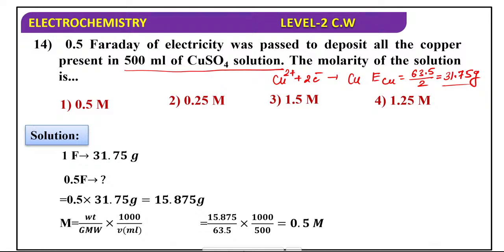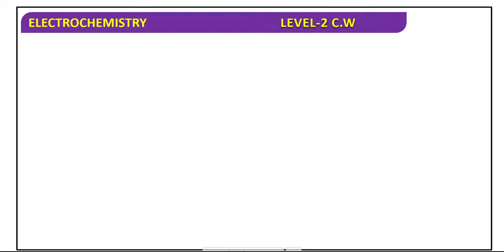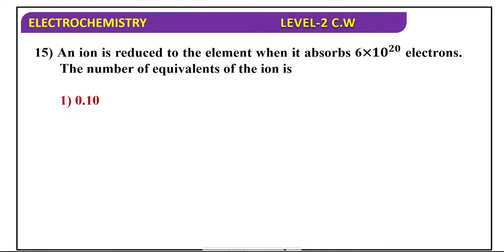15.875 divided by 63.5 into 1000 over 500. So it is 0.5 molar. An ion is reduced to the element when it absorbs 6.6 into 10 raised to power 20 electrons. So number of equivalents of the ion is,